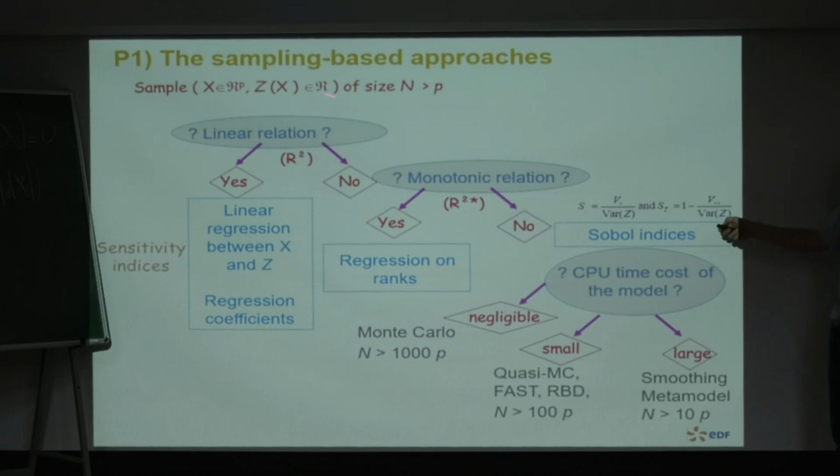So first you create your sample with a nice space filling design. You fit your Gaussian process model, or other thing if you want. And after, with this model, you can apply big Monte Carlo techniques because the goal of this model is that it takes a very small amount of time to give some predictions. Yesterday, I have shown, I don't remember how many, but 1,000 or 10,000 predictions take only 1 second on my computer.